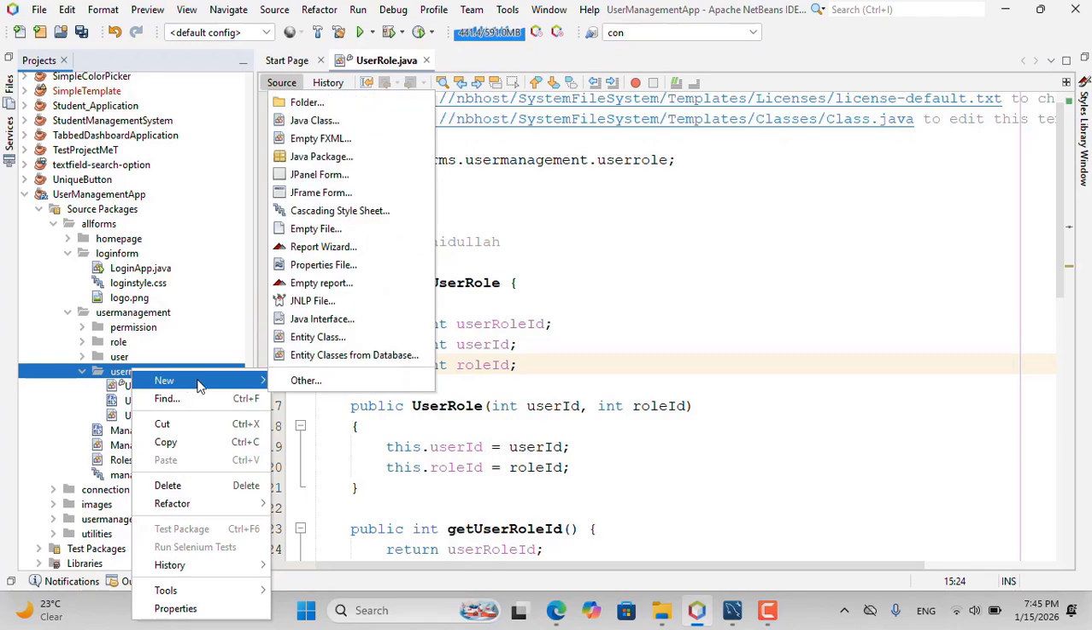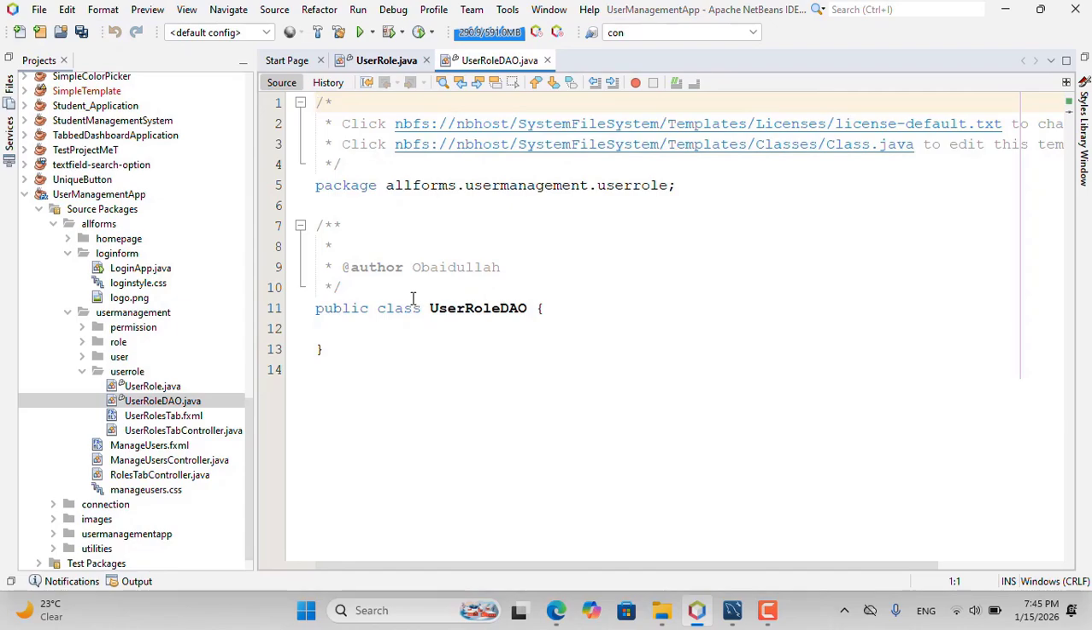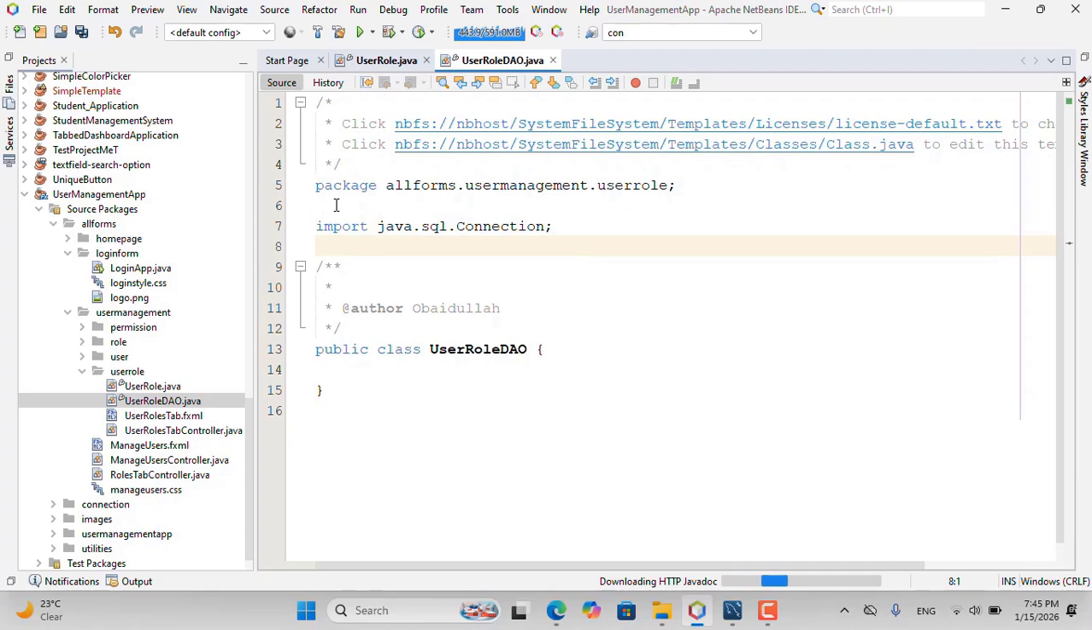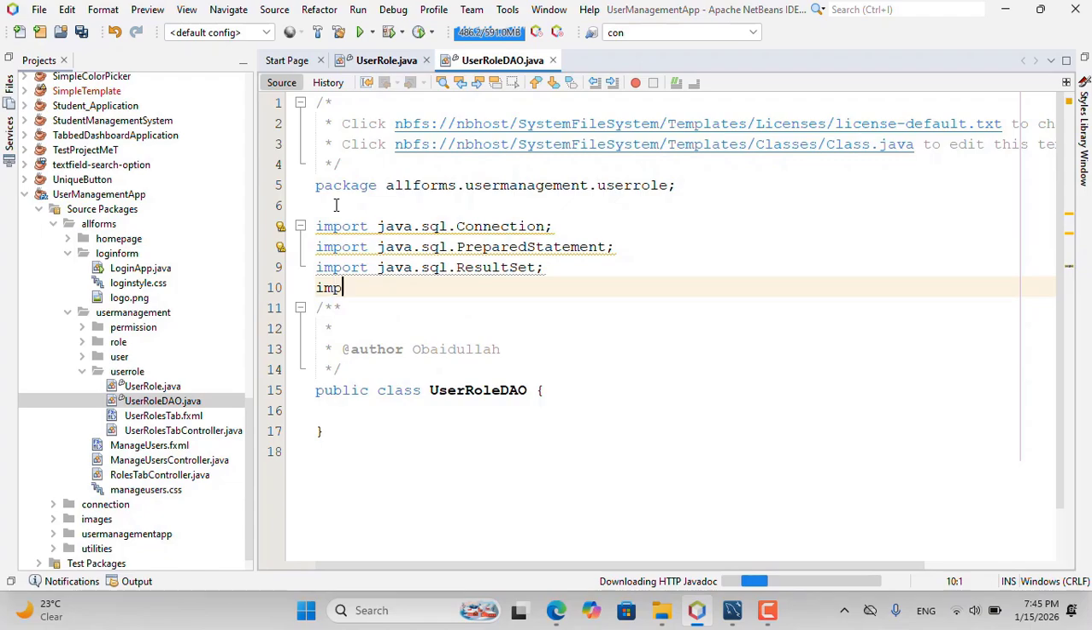So thereafter, let's create the data access object. Right click on that and we want to create a normal Java class, for example, UserRoleDataAccessObject. Then finish. And here in the first step, let's import the required packages. Simple. We have import java.sql.Connection. Then we have import java.sql.PreparedStatement. Import java.sql.ResultSet. Then we have import